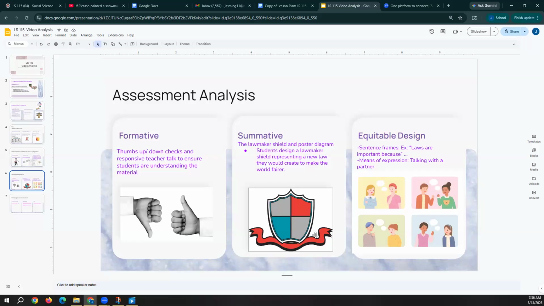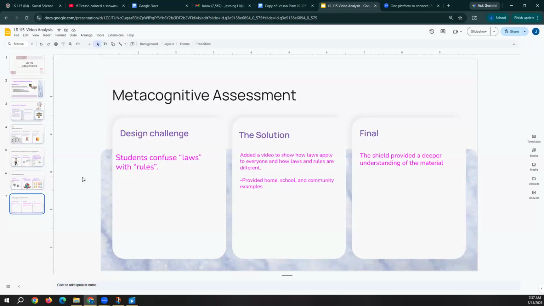And then we also have means of expression, where talking with a partner allows them to use critical thinking, talk to each other, and understand what is going on. And then the metacognitive assessment. So basically for this, we're reflecting on